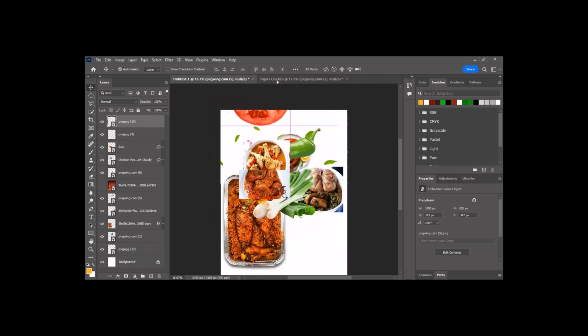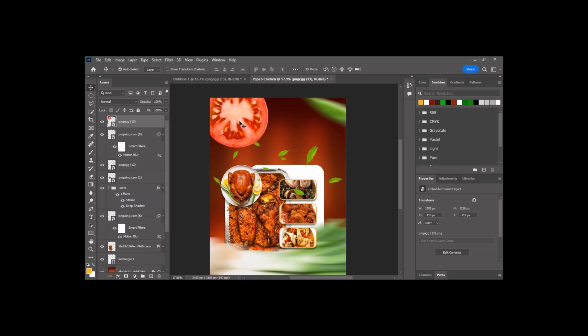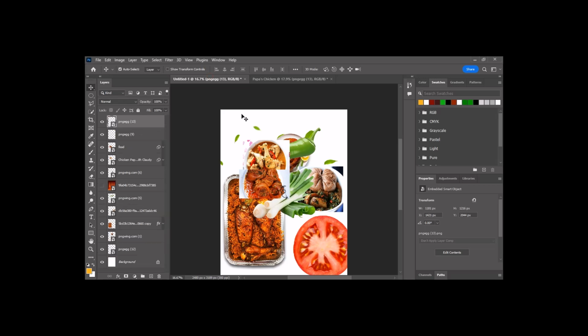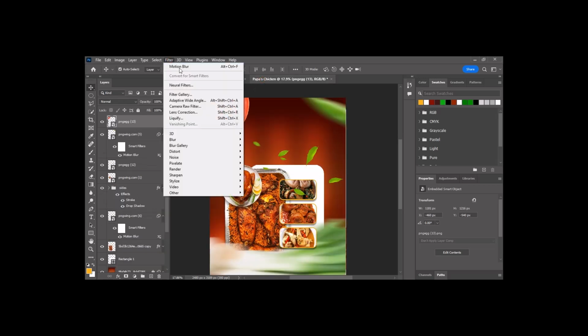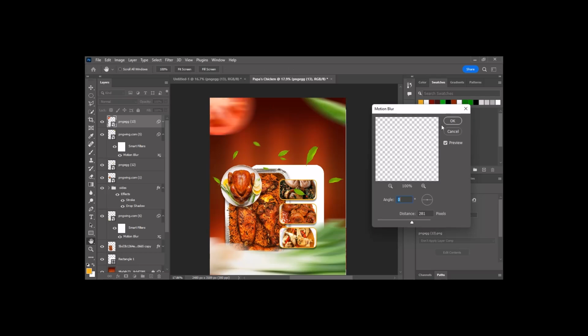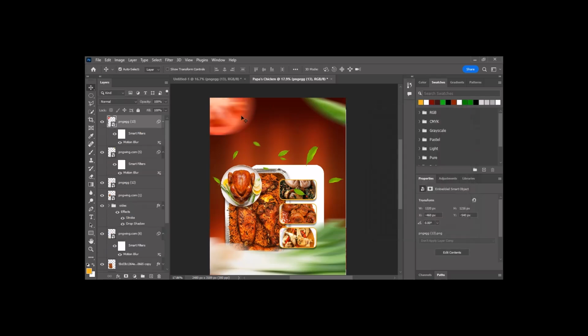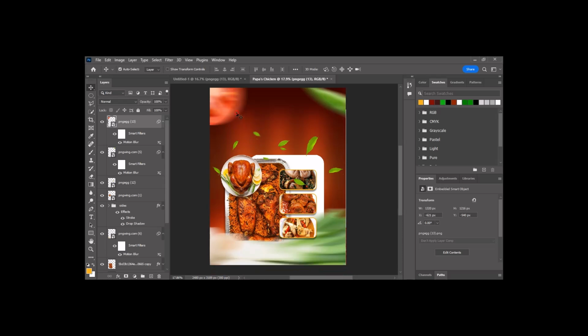Next element is the tomato. Bring it here and then do the same thing. Give it a motion blur, right? Because we don't want to take the focus out of the food collections here, right? So